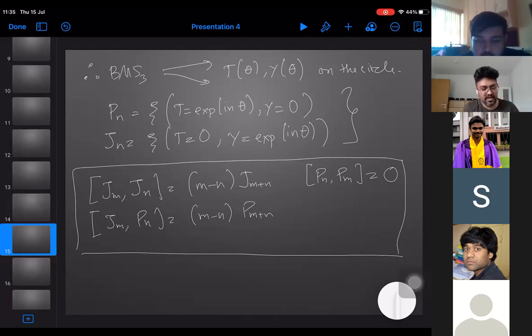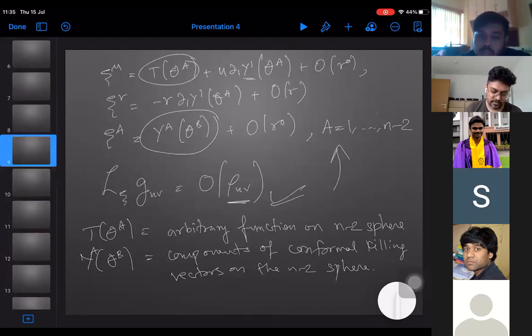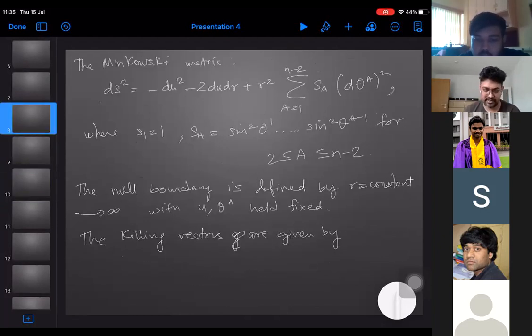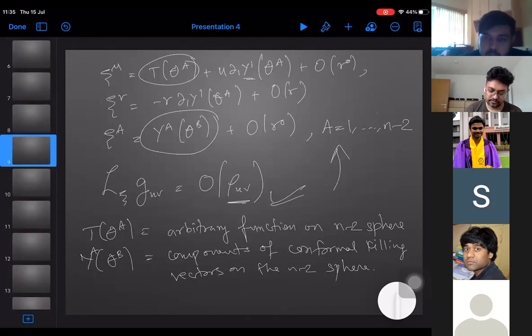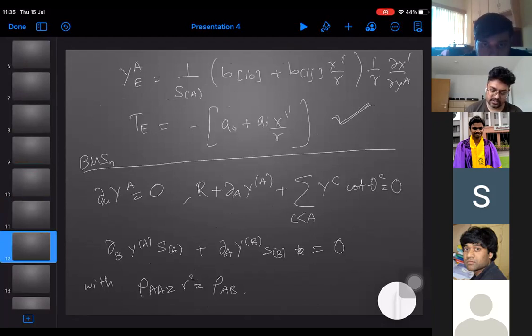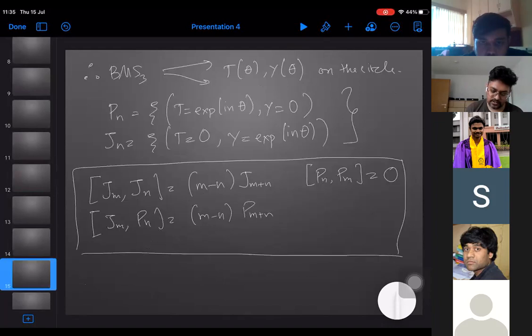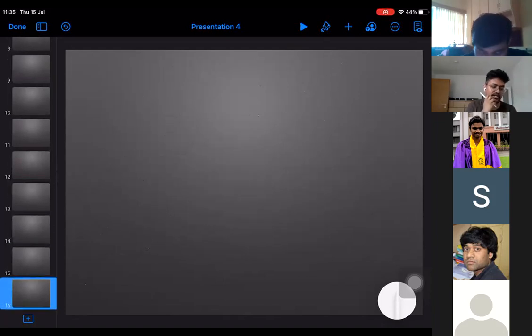Now let's try to do the BMS3 from the other method, like taking the limit on the AdS side. So this was the total mathematical stuff which I have told you, starting from the metric and the Lie derivatives. You find the vectors and then try to find the commutator. So now moving on, let us first take the example of BMS3.